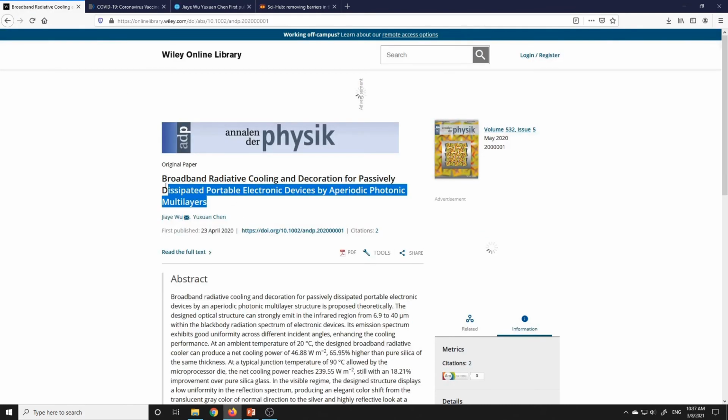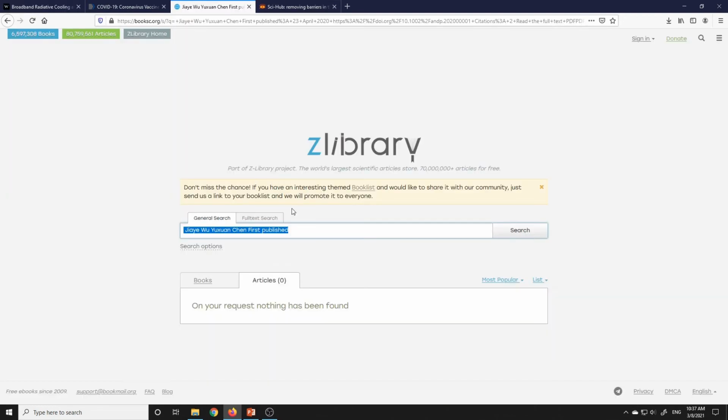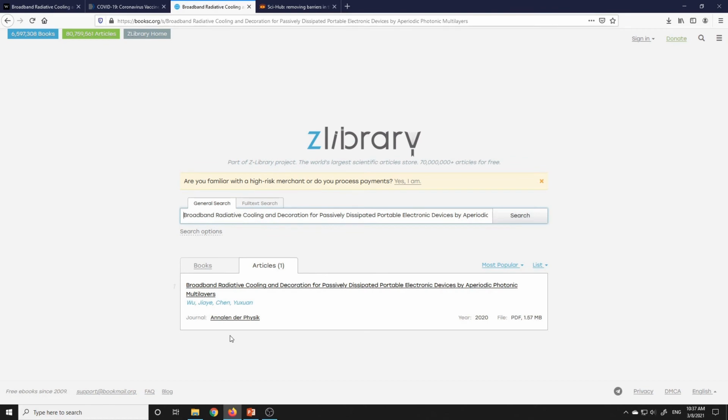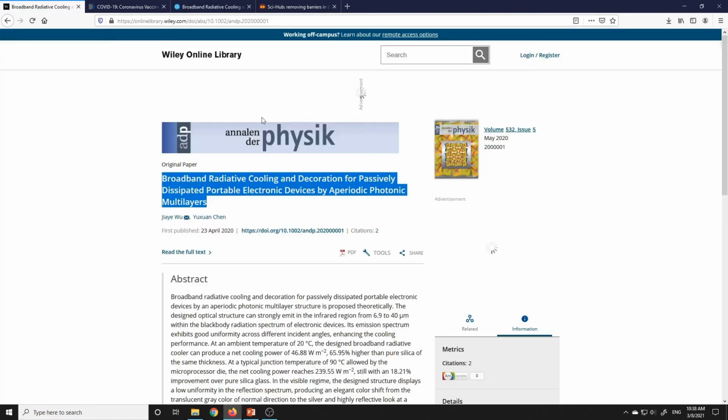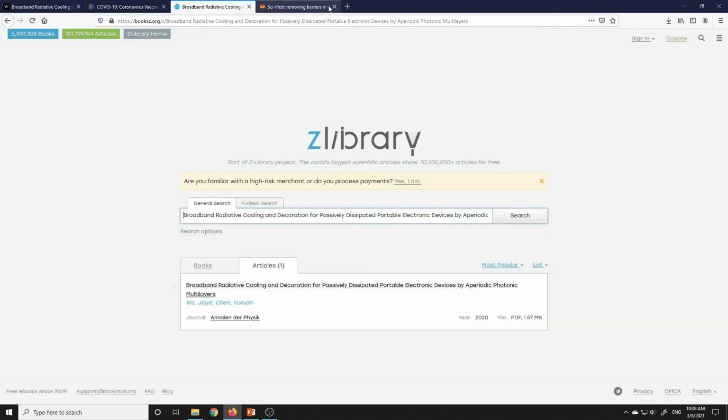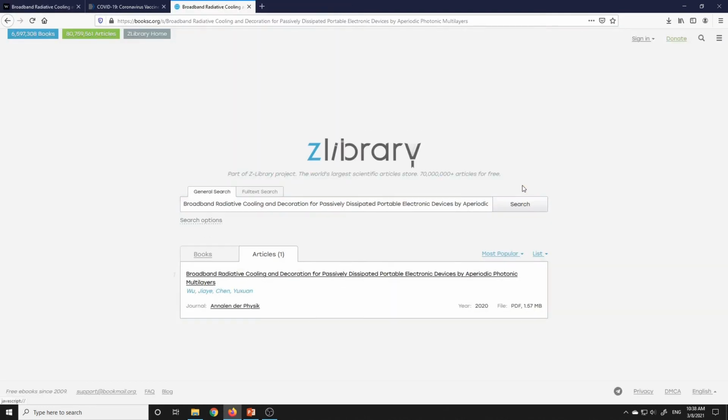Okay, Control C, Control V, search. Yeah, see, I got this one. It is an article, broadband radioactive. See, it works. I don't know how many times you can download it per day, but last time, as I remember, this particular website bookacy.org allowed me to download only 10 papers per day.